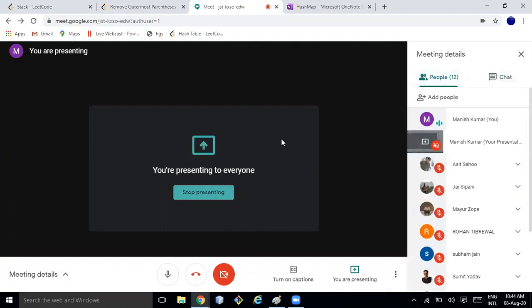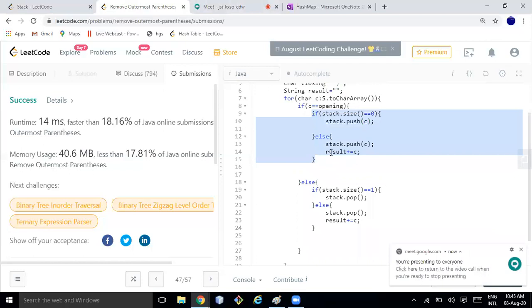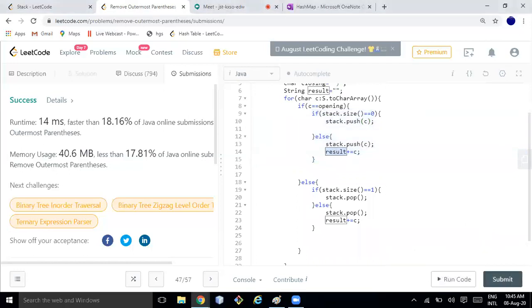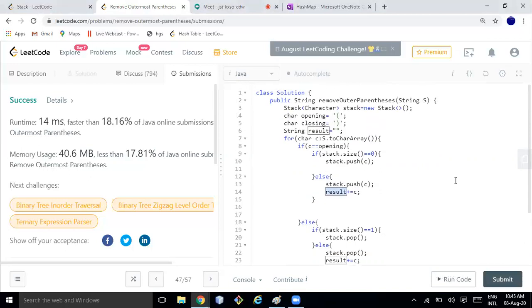Obviously, I'm not pushing this in Git, so you have to do it on your own, and I'm neither sharing the code. So I expect that at least after the class, some days in a week, you try to solve this problem. If you don't want to declare here, then you can directly write here also, in code.